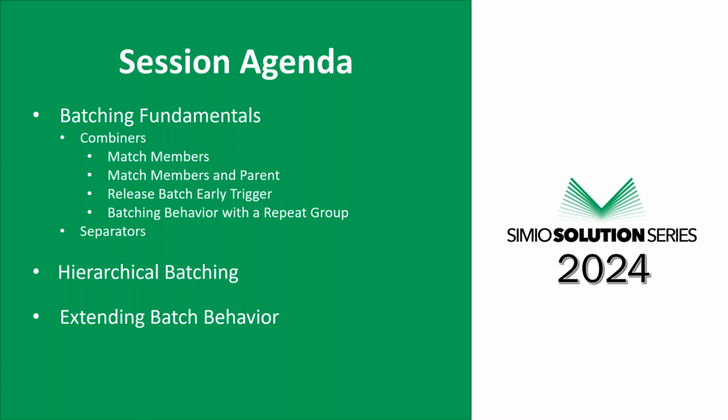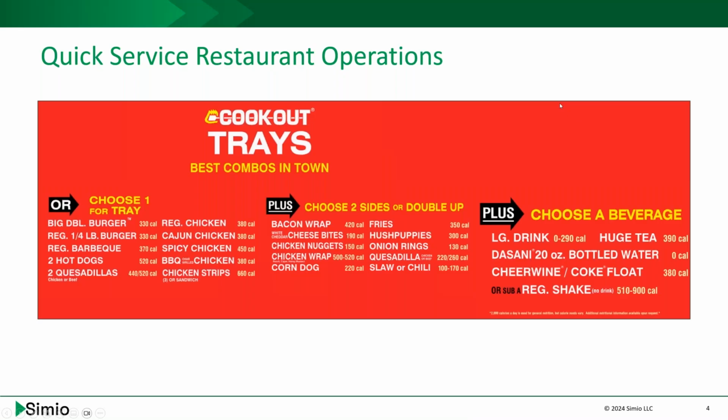And with that, we'll start to get into the application. So I want to give a little user story. Before being at Simio, I used to live in Raleigh, North Carolina, and fresh out of college, I quickly discovered the fast food restaurant known as Cookout. Today we're going to cover something that's near and dear to my heart, and that being Cookout trays. During this time, right out of college, still learning how to cook and all that, I would often go through this restaurant, and I would get myself a tray.